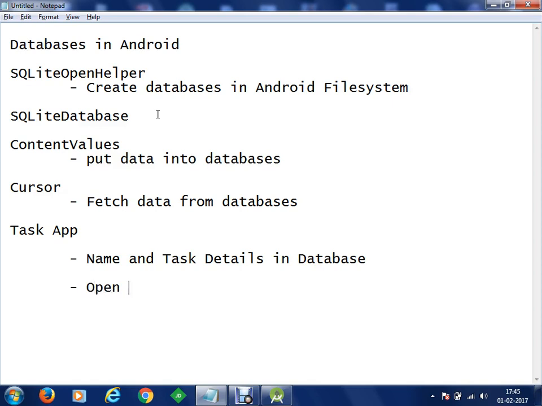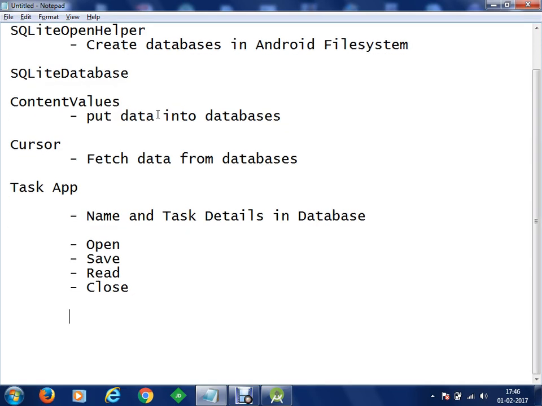First of all, we have to open databases, then we are going to save data, then read values from databases, and close databases. These methods we will be creating, and we actually call them CRUD operations, known as create, read, update, delete. We'll be performing CRUD operations on databases.